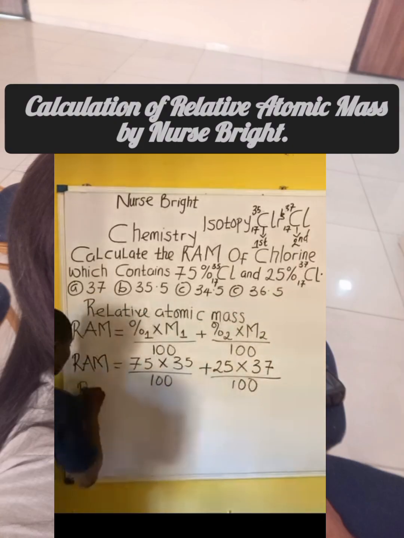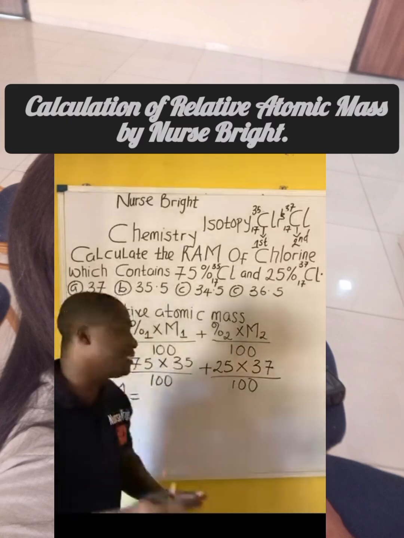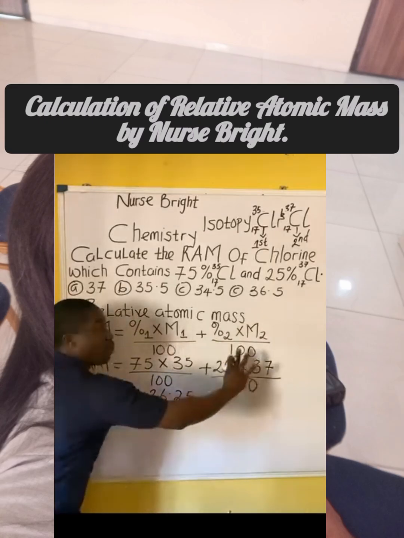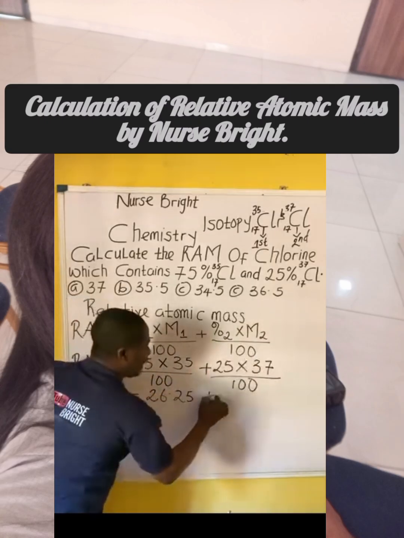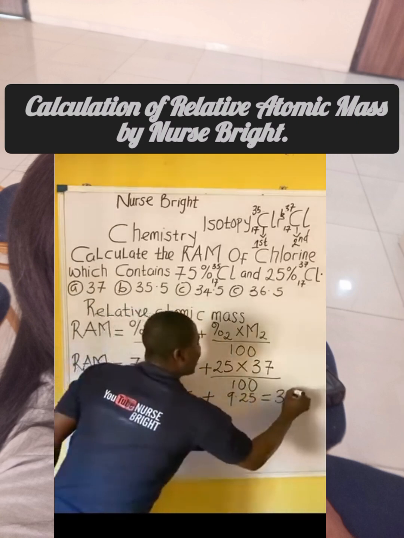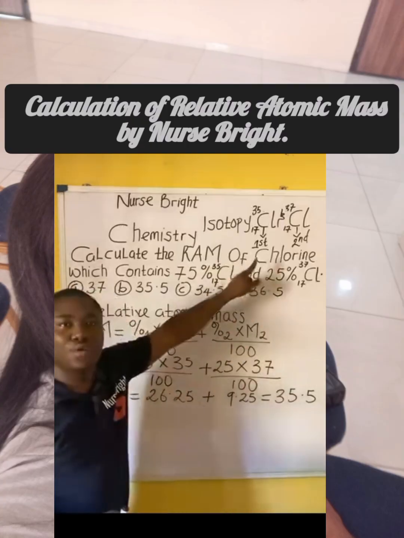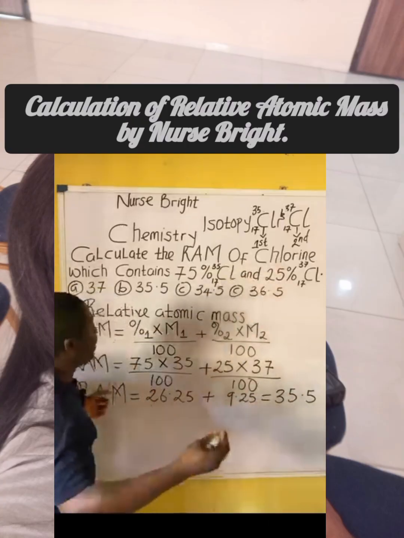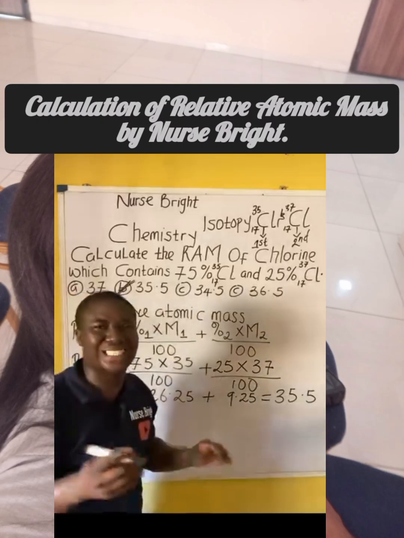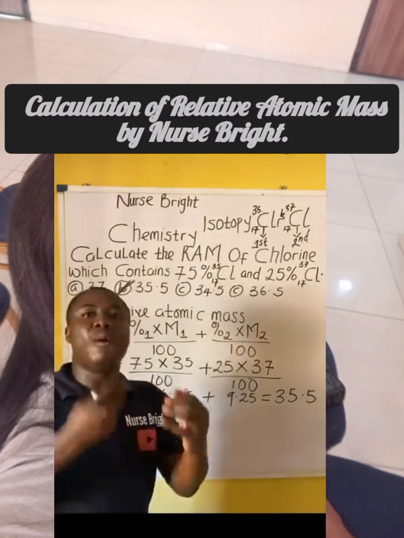So what becomes the relative atomic mass of this chlorine isotope? When we hit our calculator for the first part, we'll get 26.25. For the second part, we'll get plus 9.25. When we add them together, we get 35.5. You can see the relative atomic mass of this chlorine isotope is 35.5. So the answer to this question is option B. You can see how questions under this aspect have been solved without stress. They are all very easy. For more understanding of this topic,